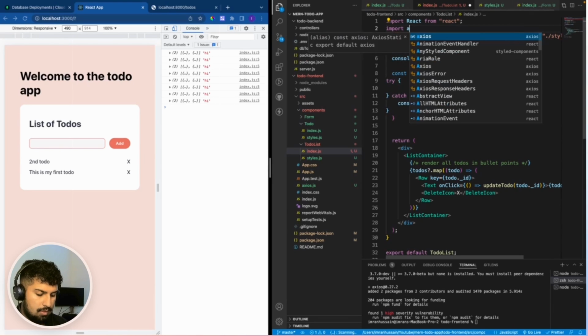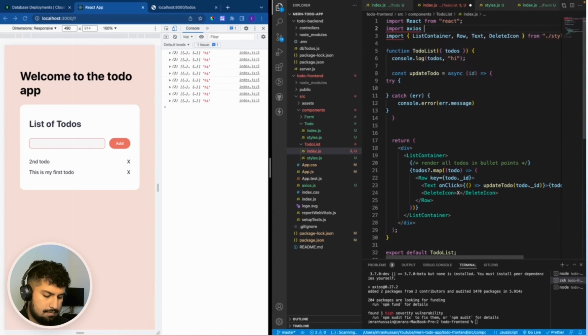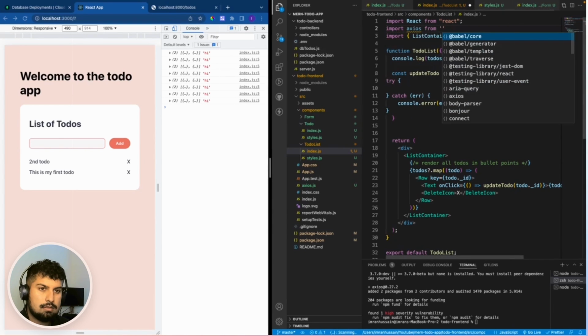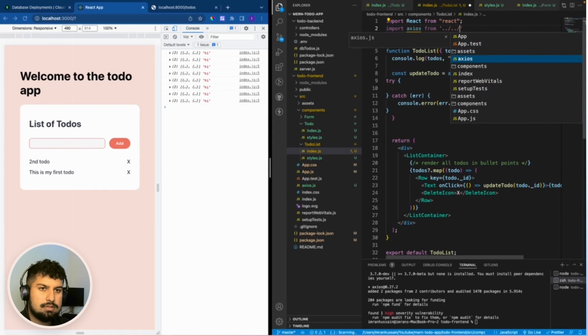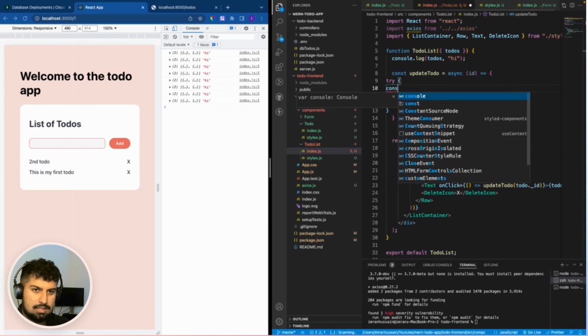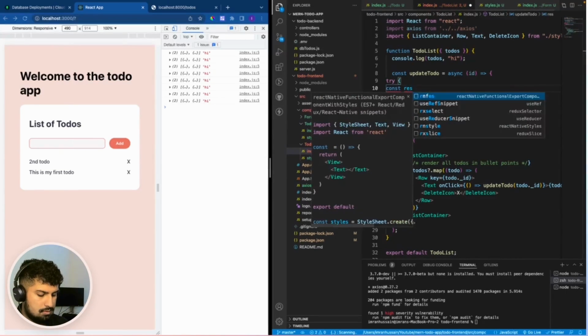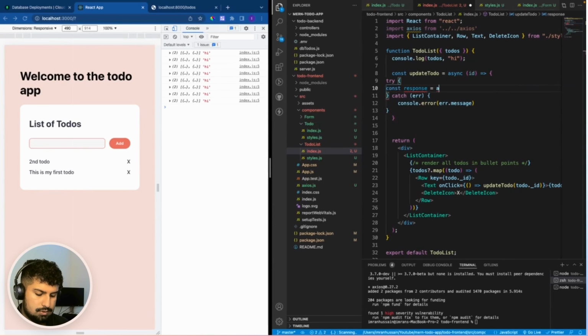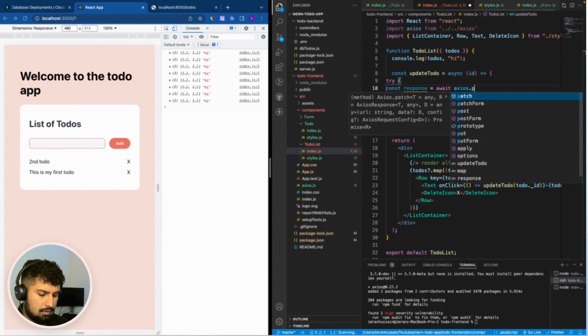So import Axios from the file that we created, Axios, this one, so that within the try block we want to create a response which is equal to await axios.put,